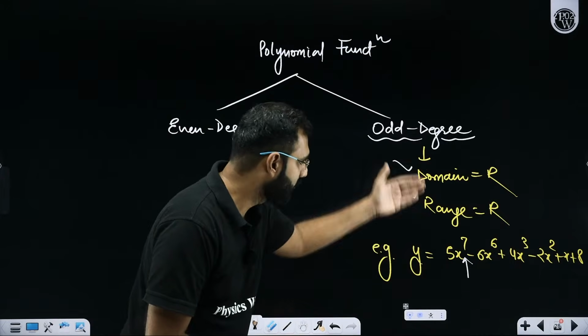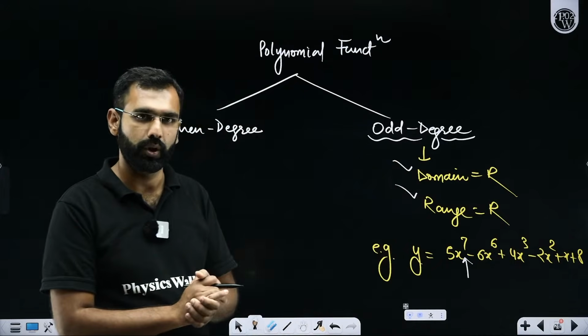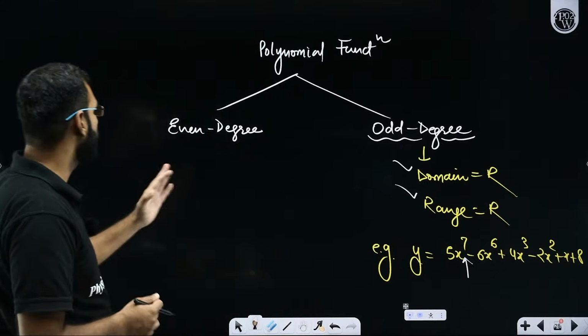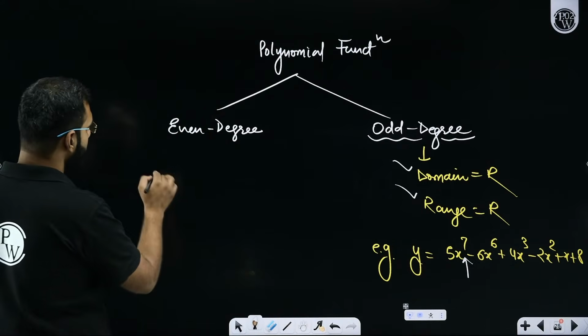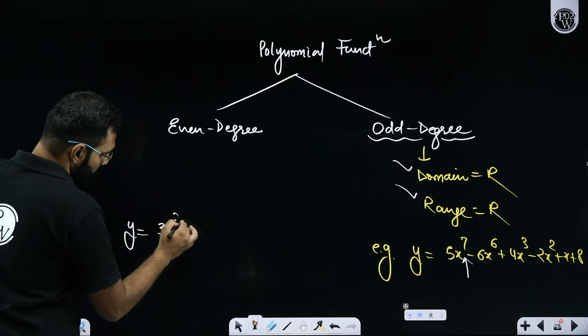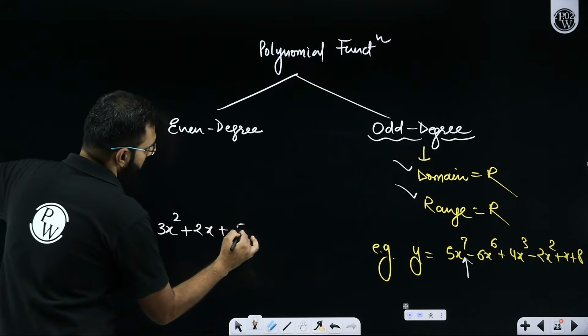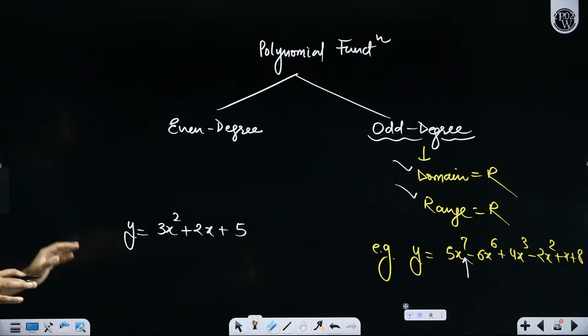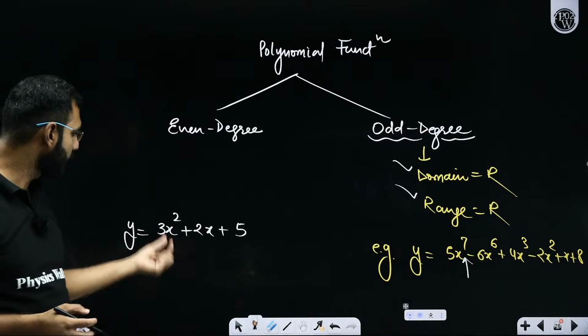Everybody got my point? Everybody understood my point? Or shall I repeat it? All the participants. But let's say if I talk about an even degree polynomial, like let's say 3x squared plus 2x plus 5. In that case, what is going to happen here is that if you are ever encountering an